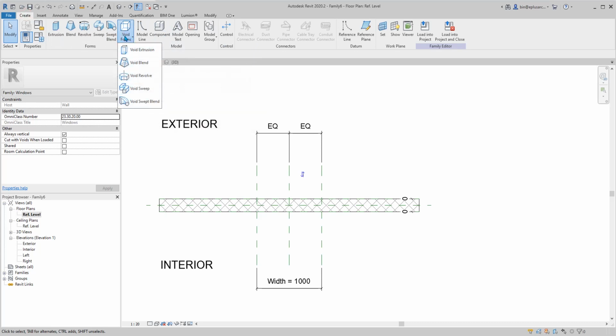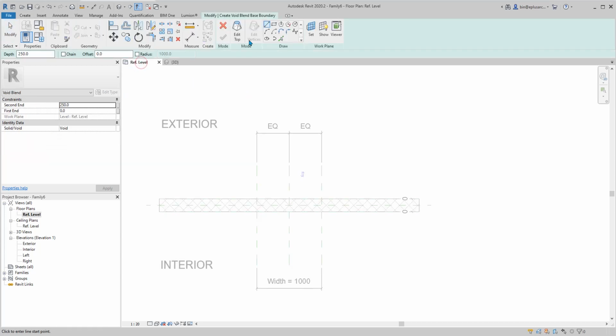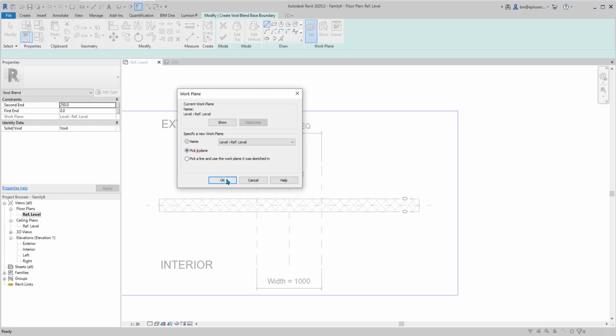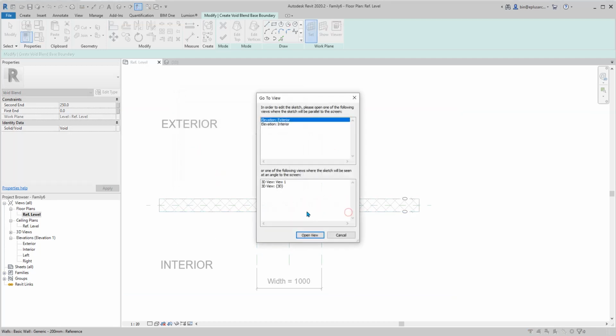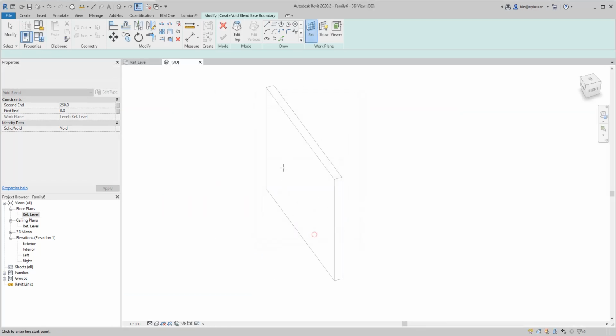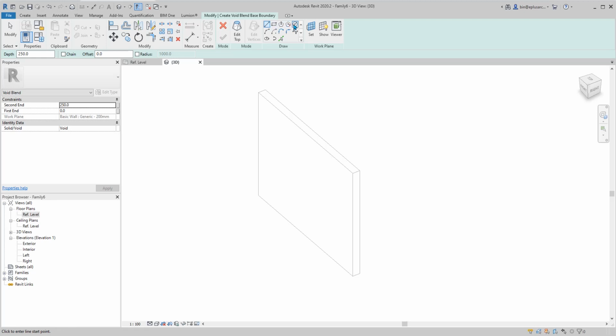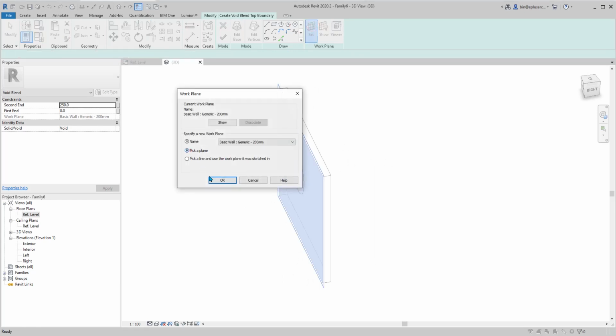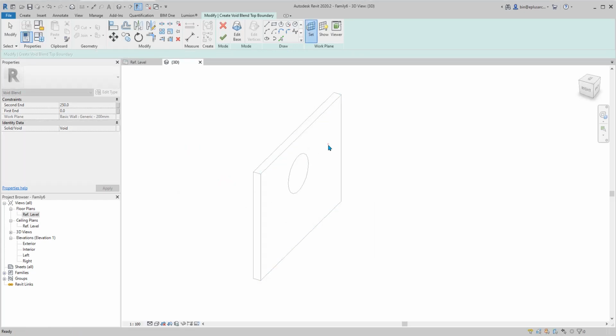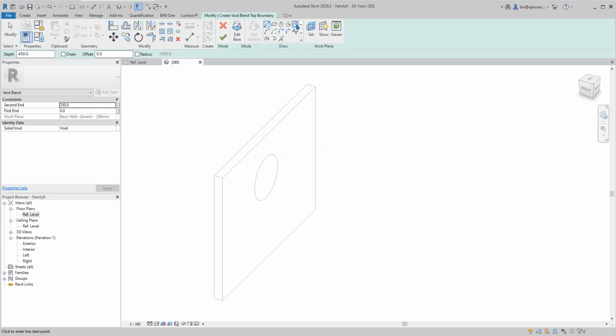For example, you use void blend, and then I'll set work plane on the internal face, go to 3D view, and create maybe just a circle. Then edit top, set work plane, pick plane, pick this face and draw another circle,